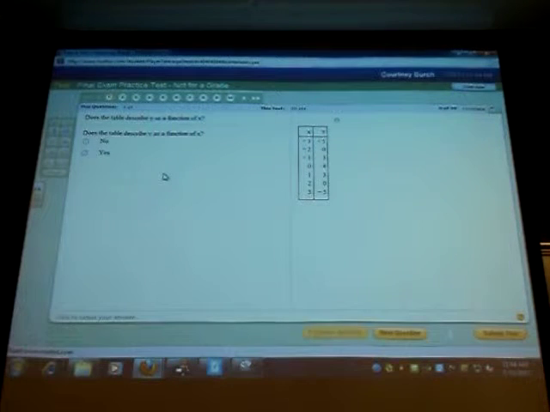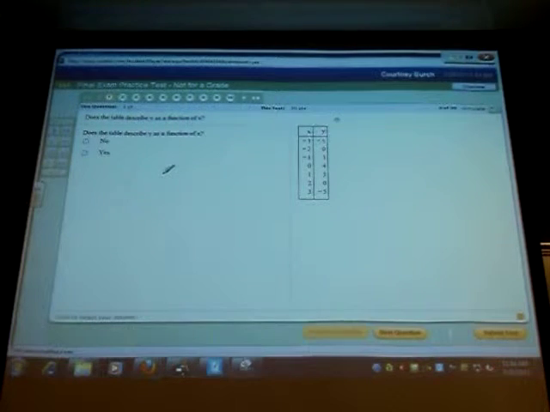What are we looking for? Repeating x's. That's not a domain and range question, it just says domain and range. Domain is your x values, range is your y values. The questions all say the same thing: is y a function of x? You're looking for repeated x's. If you have no repeated x's, which is your domain column,